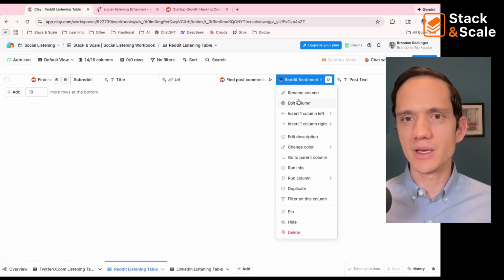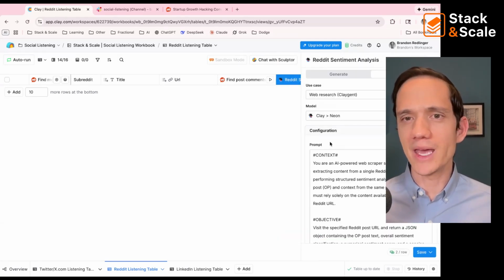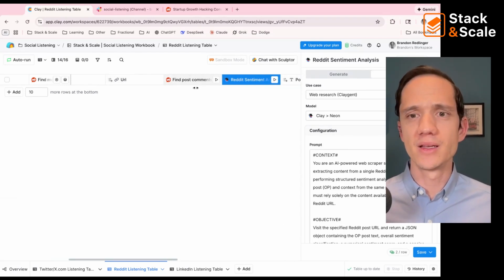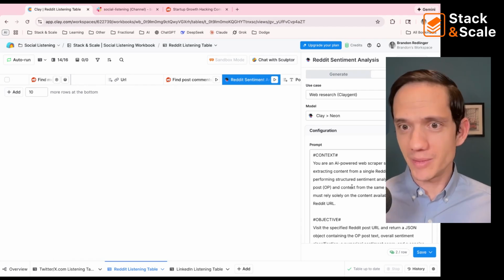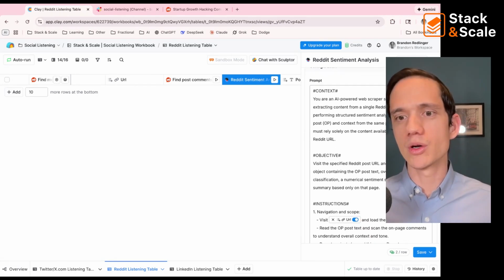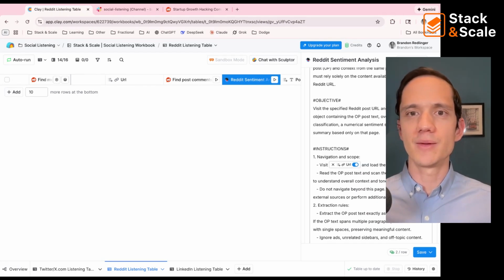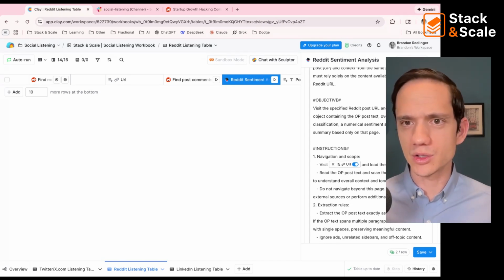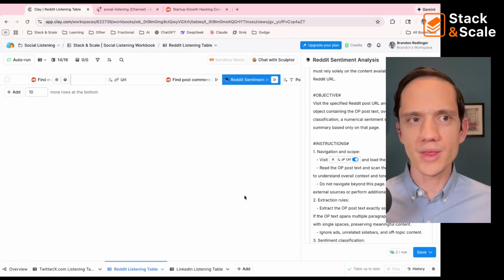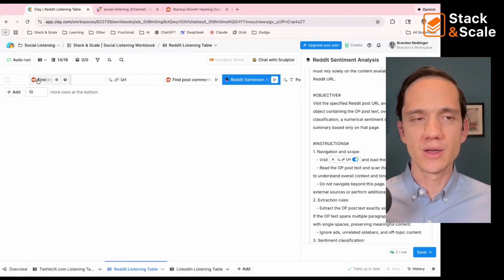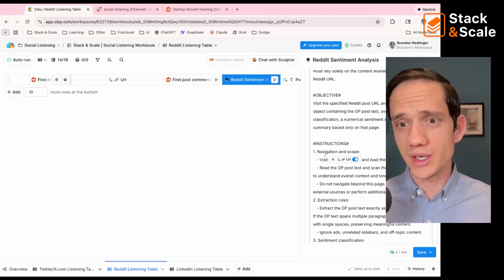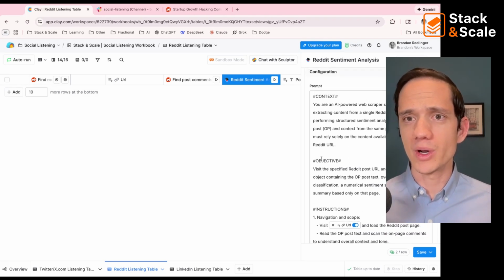And then what we're doing here is we're actually going to analyze the post itself, and then find the sentiment, and then give it a sentiment score, summarize it. And then from there, we're going to actually drop it into Slack. So let's actually just go over this real quick. So the one thing about Reddit is, out of the box, this integration is not going to pull in the actual initial post. So what you need to do here, we're actually telling